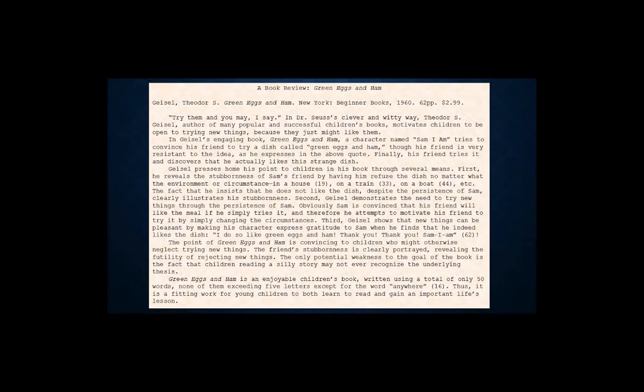The only potential weakness to the goal of the book is the fact that children reading a silly story may not even recognize the underlying thesis. And then here is my conclusion. Green Eggs and Ham is an enjoyable children's book written using a total of only 50 words, none of them exceeding 5 letters except for the word anywhere, page 16. Thus, it is a fitting work for young children to both learn to read and gain an important life's lesson. Okay, silly exercise, but all of the elements are there. Okay, and what I would expect from a good